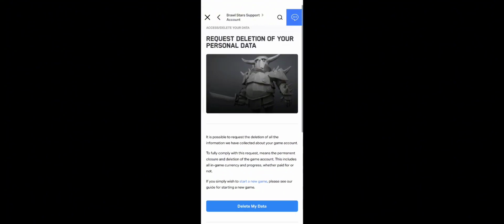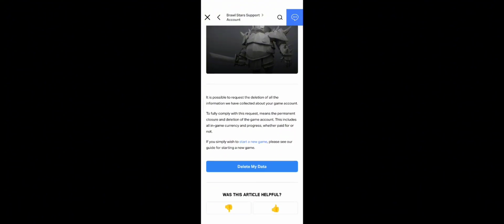Here you will see a page that explains how you can request the deletion of your data, or how to finally delete your Brawl Stars account. So basically that's it. Once you click this delete my data, you will finally delete your Brawl Stars account or your